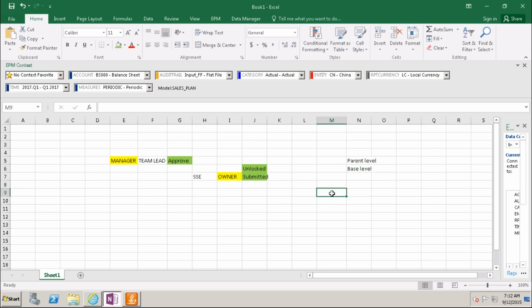For example, you take India, here you have Hyderabad and Bangalore. This is the parent level, and these two are base levels.